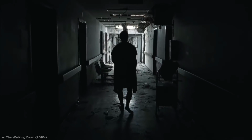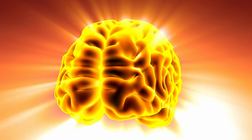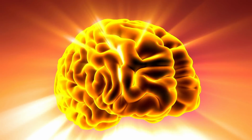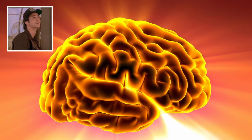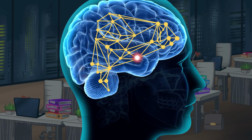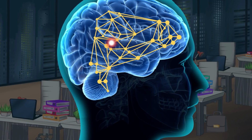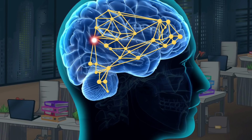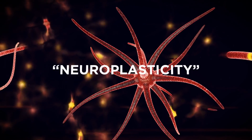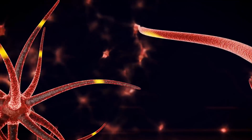Except the truth is, you can actually live without almost all of your brain in your noggin. You see, although the brain is the most complex organ in the body, it's also the smartest. Duh. But what I mean by that is instead of assigning different functions to specific areas of the brain, each section is well equipped to pick up the slack and support itself if another part is damaged or breaks down unexpectedly. During this phenomenon, known as neuroplasticity, undamaged axons grow new nerve endings to reconnect neurons whose links were injured